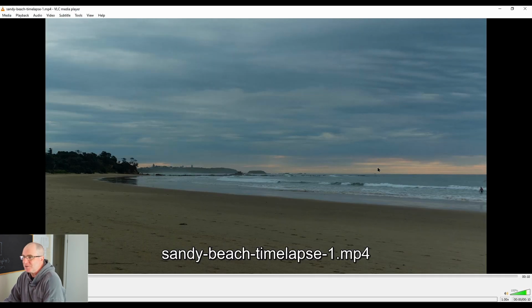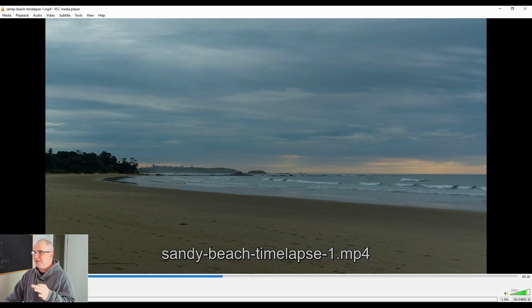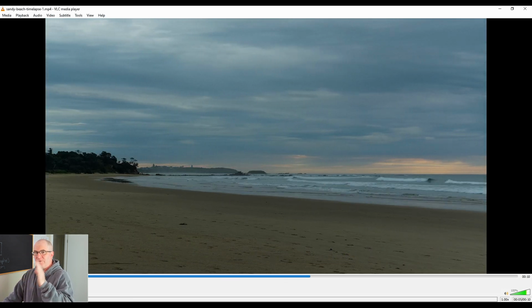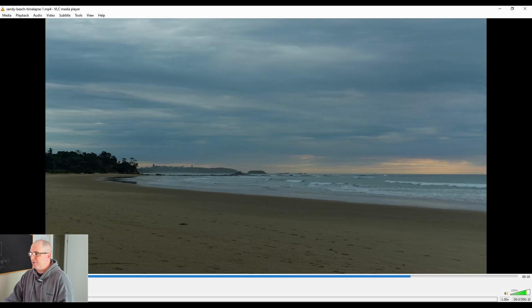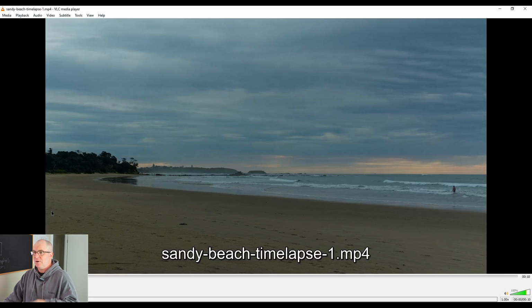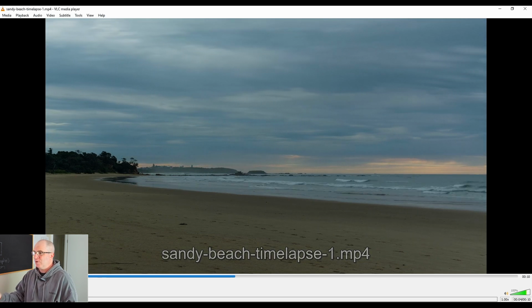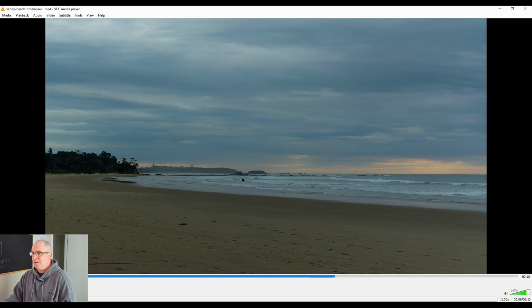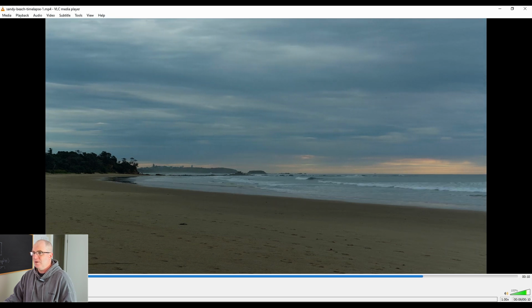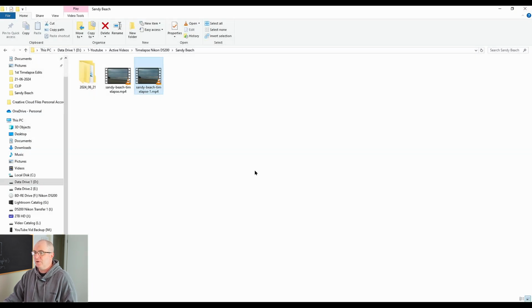That's the one. Let's watch it. And there we have our time-lapse video. Now it did have a blank frame in there. There was a black frame, I've noticed. But apart from that, it looks pretty good. The sky is moving gently across, and the waves are rolling in and that swimmer was going across in front of the camera. That's pretty impressive. So that black frame I can just cut out in the video editor later on.